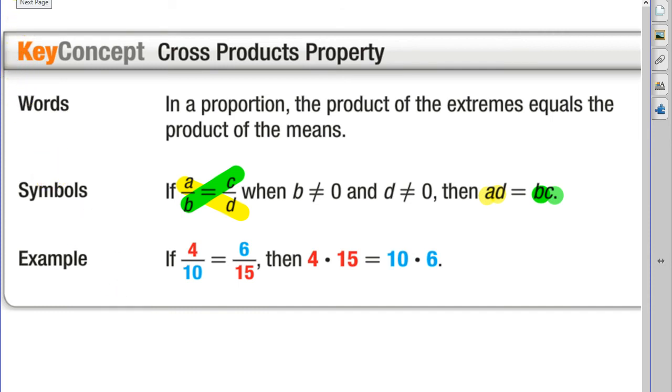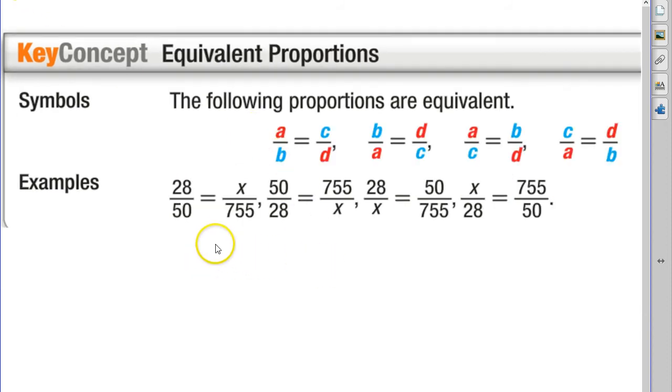Okay. Another point the book brings up, which I'd be remiss if I skipped, is equivalent ratios. Equivalent proportions, equivalent ratios, same thing. It doesn't matter sometimes how you write these out, and that's going to be something when we get to word problems later in the chapter that's going to throw some of you off. You'll write it differently than somebody else did, and you'll wonder why you got this answer and they got that answer, and you can't sort it out. What it comes down to most times is you had the wrong cross product or wrong proportion to begin with. But the key to this is all four of these say the same thing, because all four of them in the end